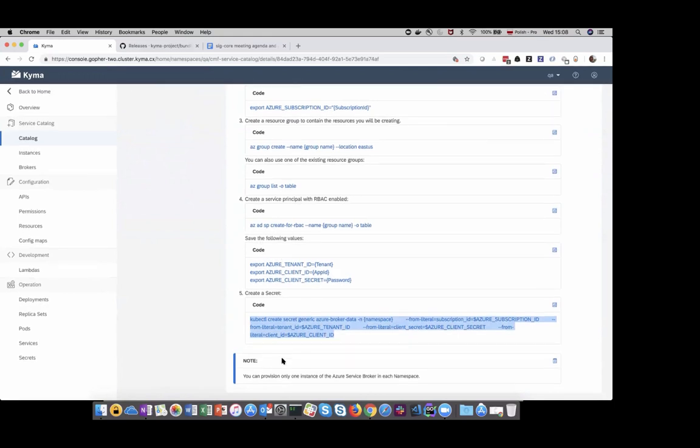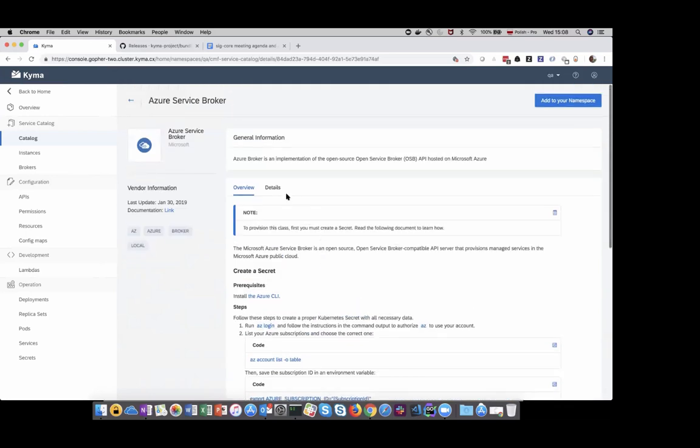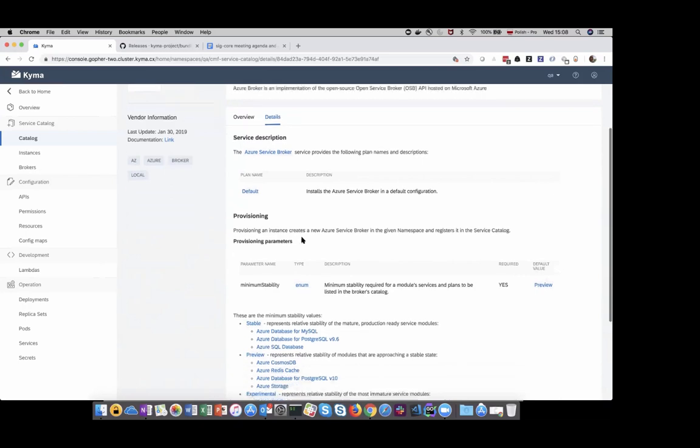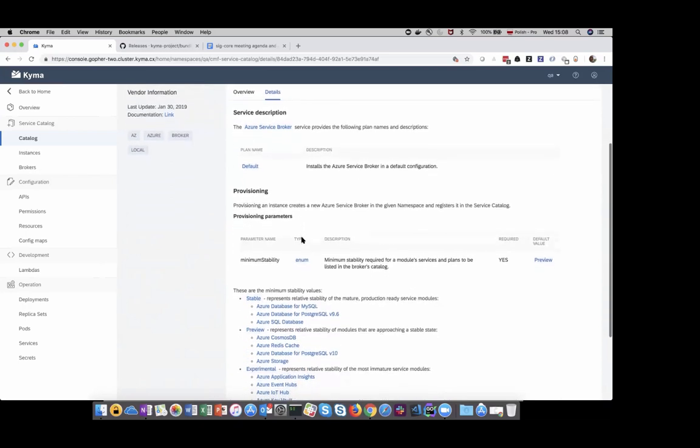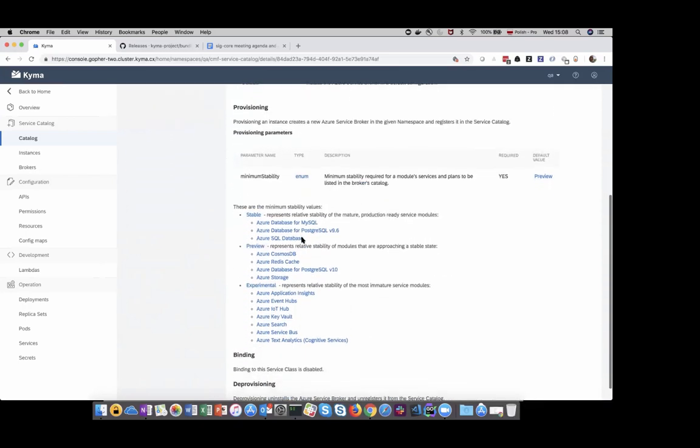And of course we also mentioned that that broker class could be installed just once in the given namespace, because it doesn't make sense for you to install it twice. Then if we go to details, you can also read about the input parameters for that class. Also, there is one input parameter that says what offering we want to